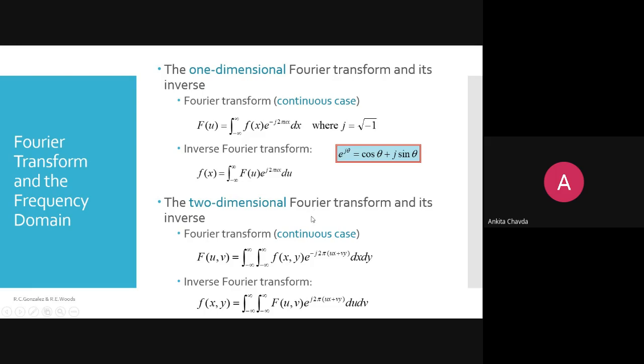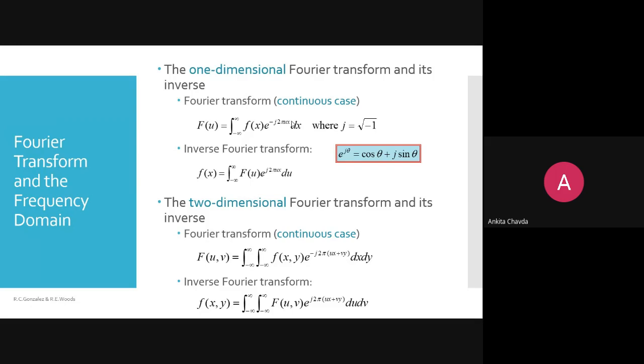And if the same thing is for two dimensions, then the Fourier transform in the continuous case, we can consider it as F of uv equals, here we apply integration two times, one for row and one for column, that you know. So f of xy into e raised to, and this ux plus vy, dx into dy. And here it was only dx, right? Because it was a single variable. Here we have two variables. So it was only ux, but now you are doing ux plus vy.